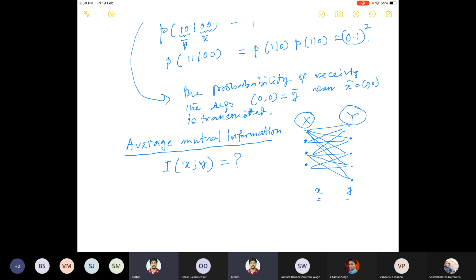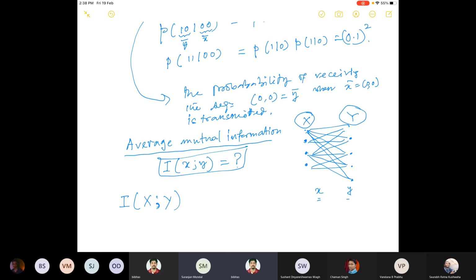This is one of the first things we introduced about the channel. First we introduced the concept of mutual information of two possible outcomes, x and y, and then we put that definition in the context of a channel. So what is the meaning of I(x;y), the mutual information between x and y? And if you take the average, then we talked about I(x|y). What is the meaning of that?